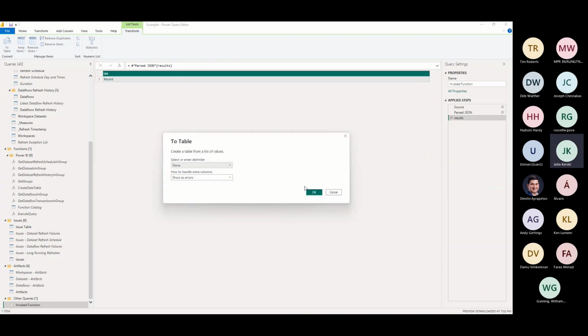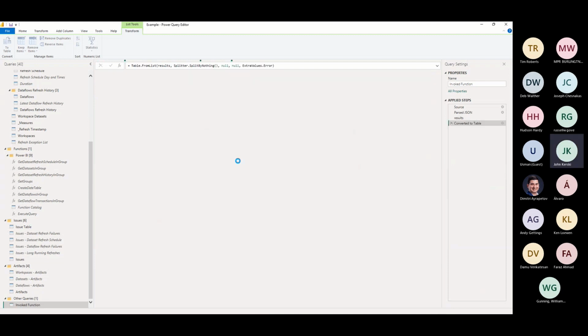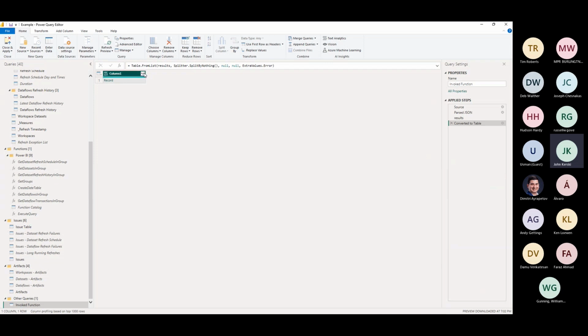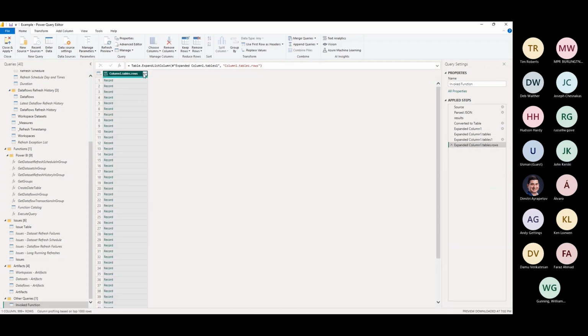Nice thing is once you do this the first time, you'll never have to do it again. Now I've got the records. Now it's going to ask me, do I want to expand the table? Now I'm actually getting to the point where I can access the table that got returned. There's multiple tables that can get returned. And then now I've got the rows. And then finally, I can expand that to new rows. Now I've got all that